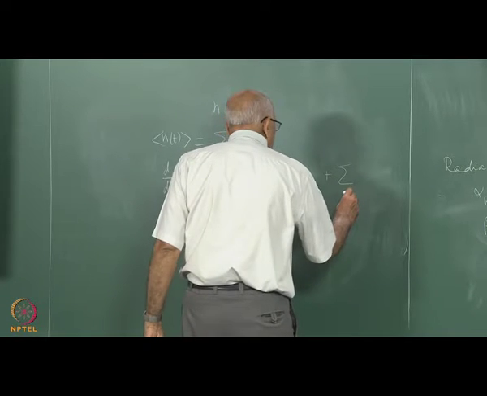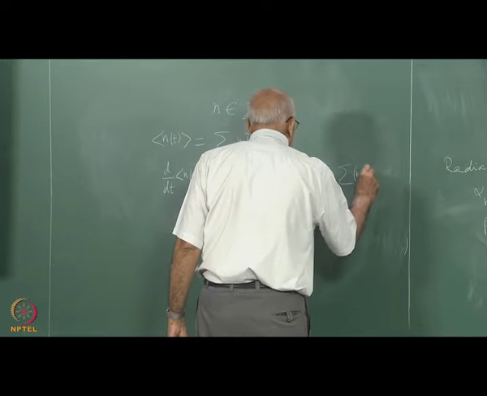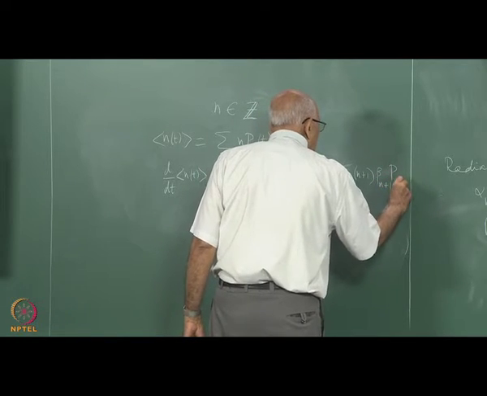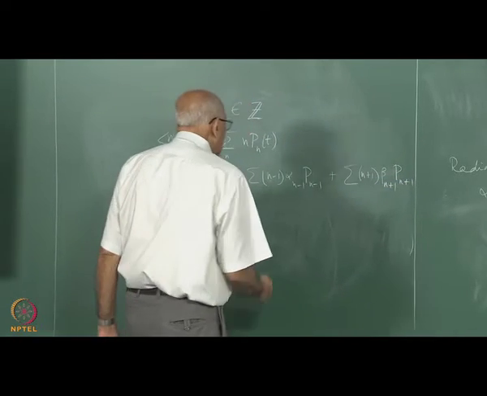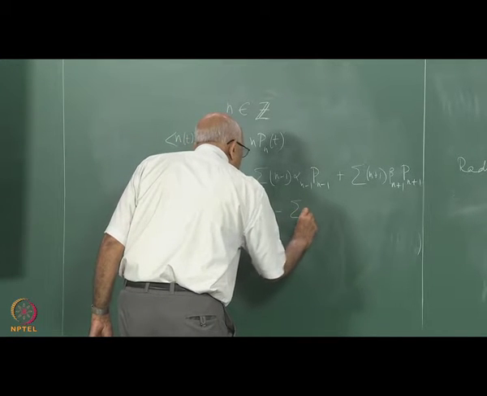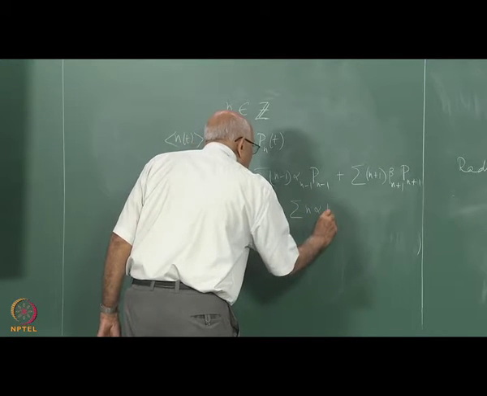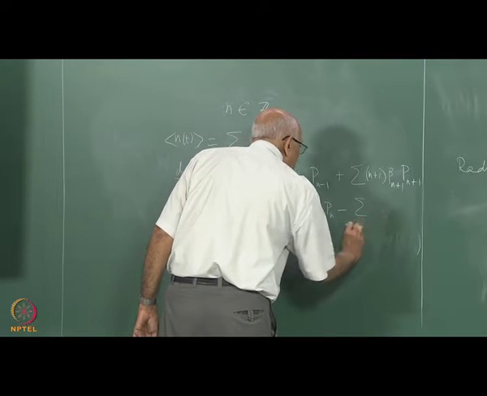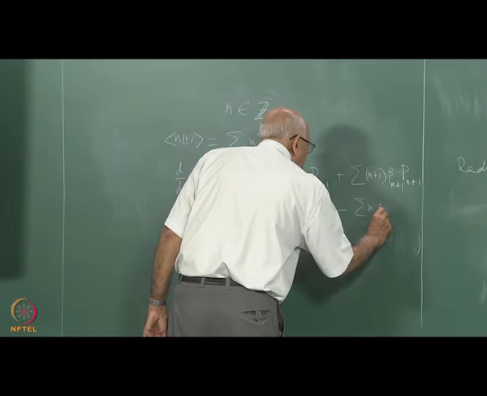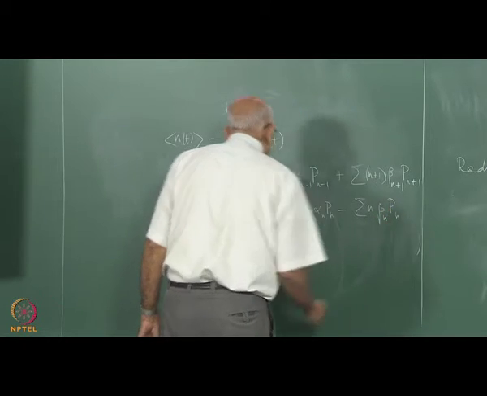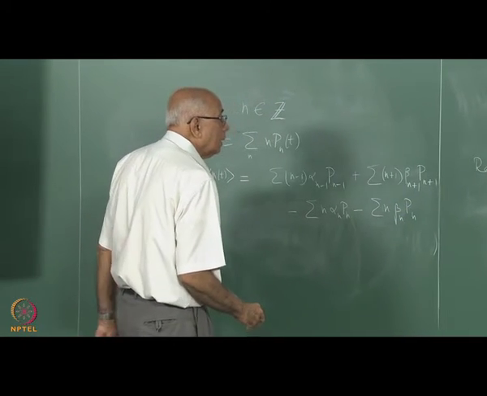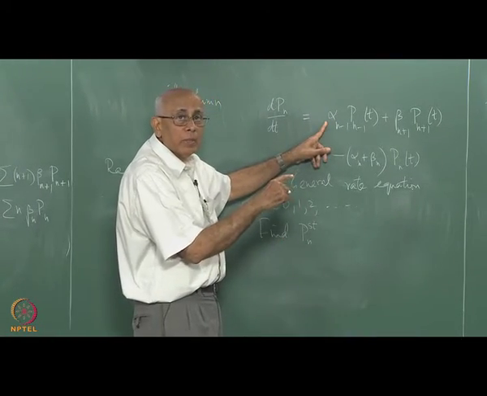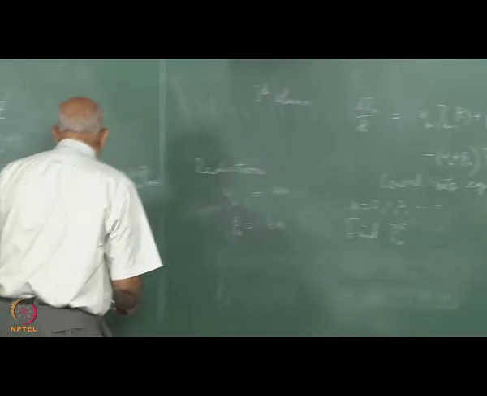So, summation n plus 1 beta n plus 1 p n plus 1 minus summation n alpha n p n minus summation n beta n p n, and then let us be careful, I multiplied by n, I wrote it as n minus 1, so I got to add, so there is a plus,